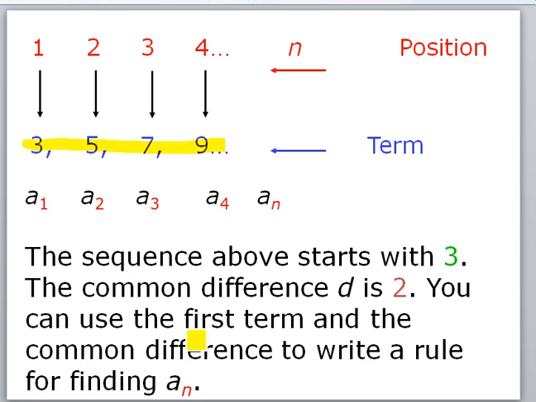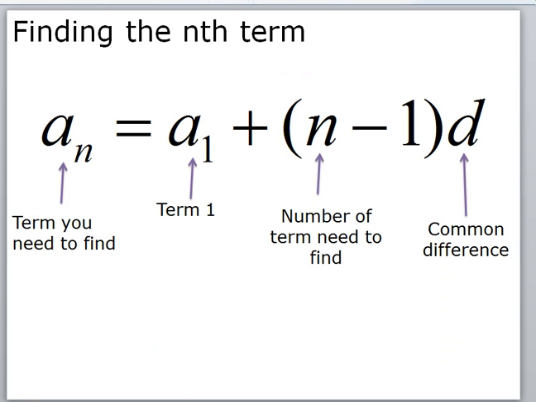Now, the sequence above starts with 3, and it tells me that that's my starting term. And the common difference is 2 because, as I said, it's going up by 2 every time. We can use this knowledge to be able to write a rule for finding any other term in this pattern. And we don't then have to go through and count up to the 100th number. The formula for this is a sub n equals a sub 1 plus (n minus 1) and then